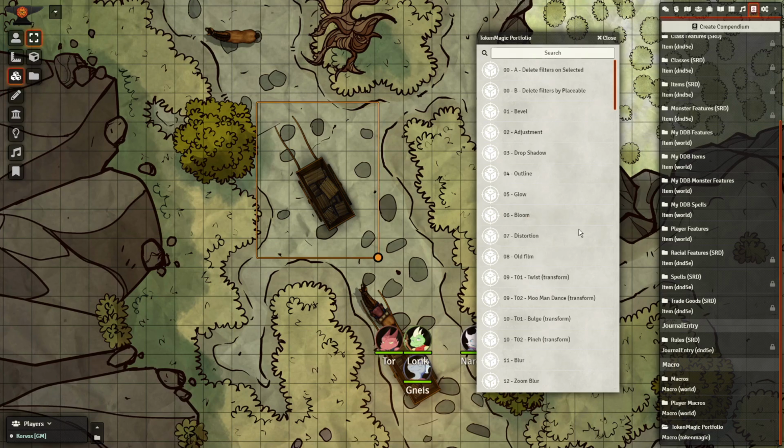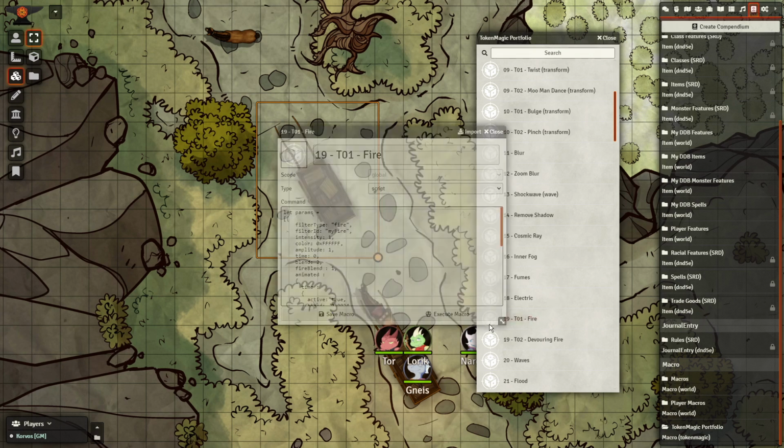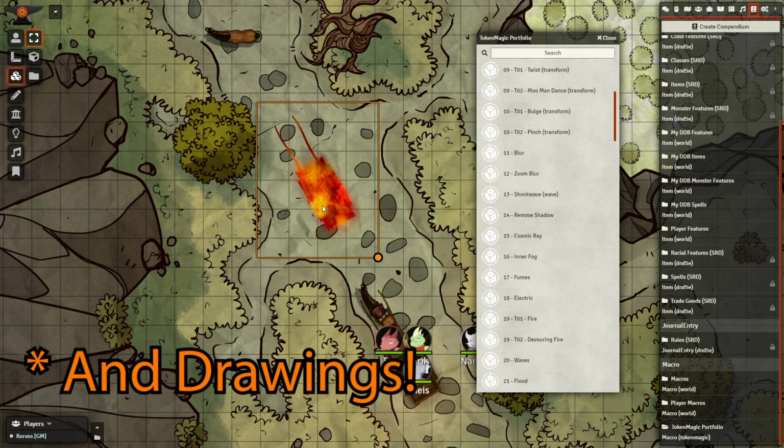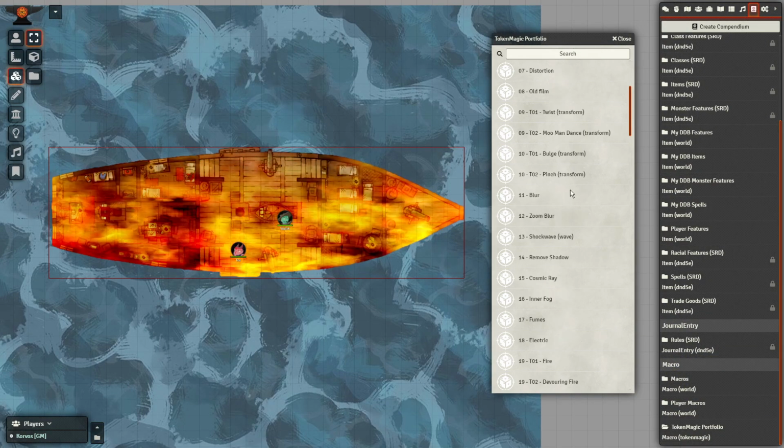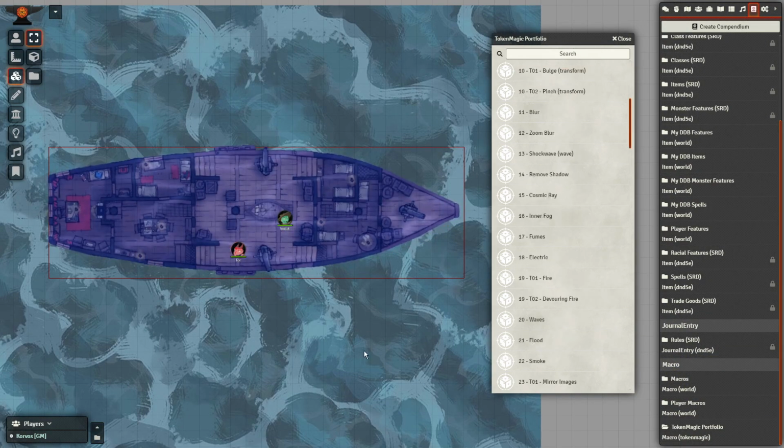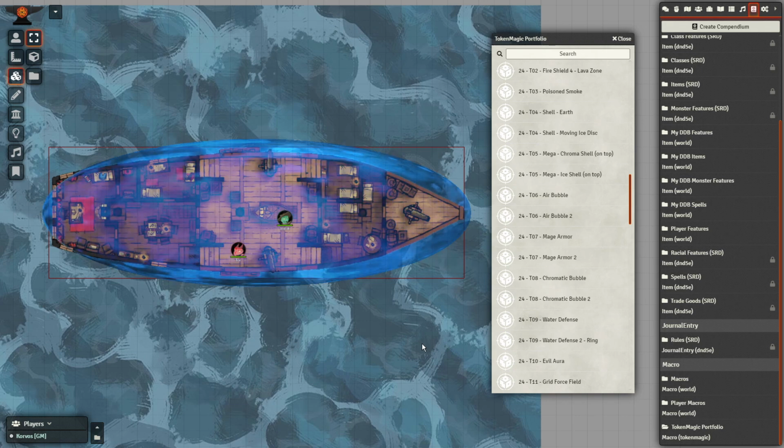Finally, these effects aren't just for tokens, as they can also be placed on tiles. This is a great way for animating the state of vehicles, like carts or ships. Some examples include wreathing it in fire, sinking it beneath the waves, or having some other strange magic affect the